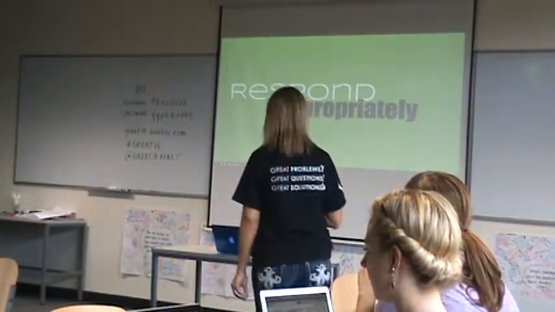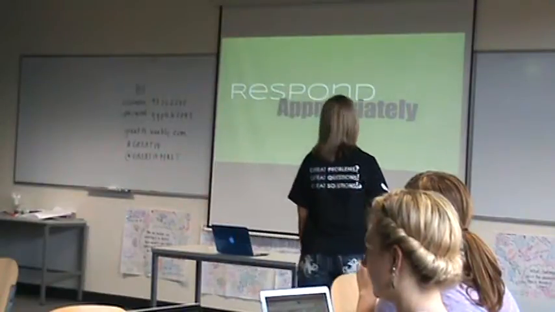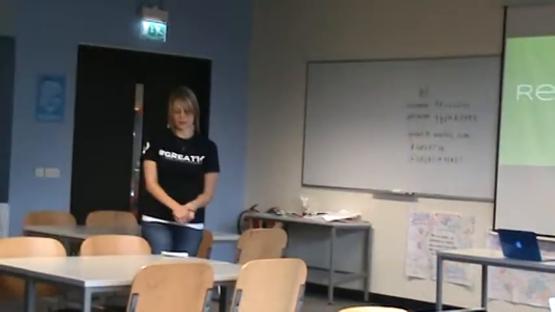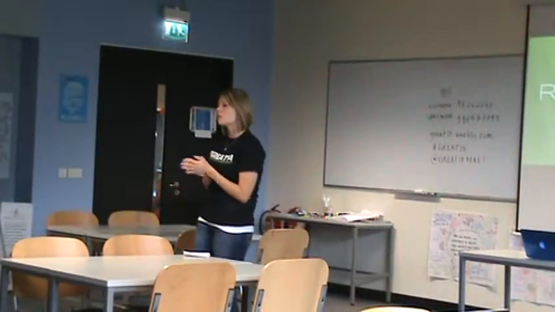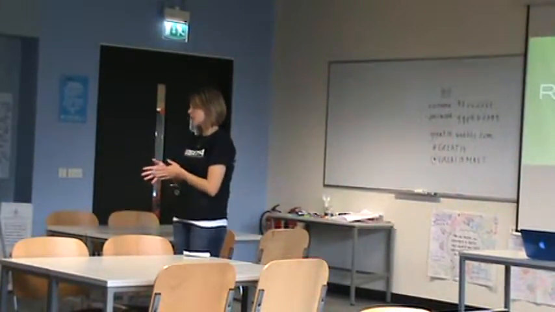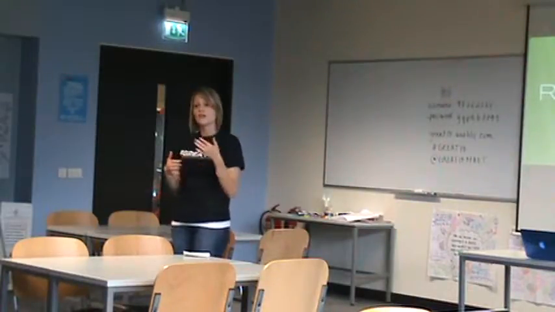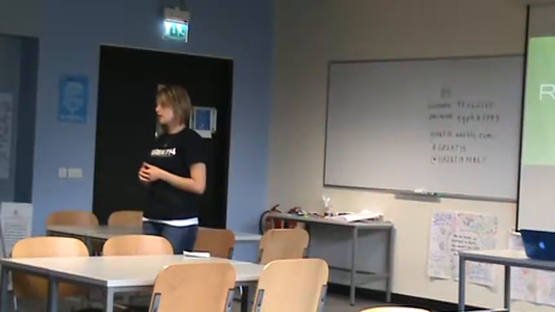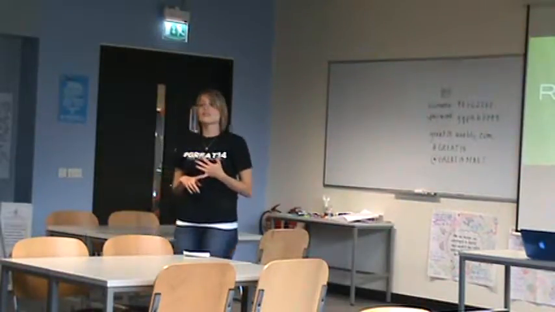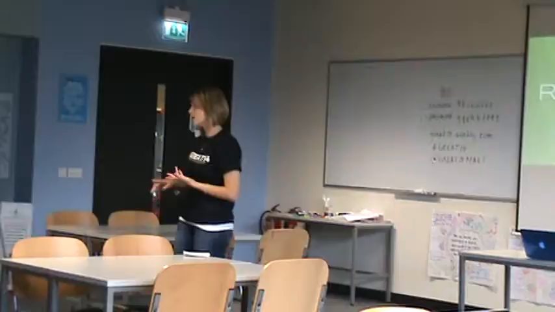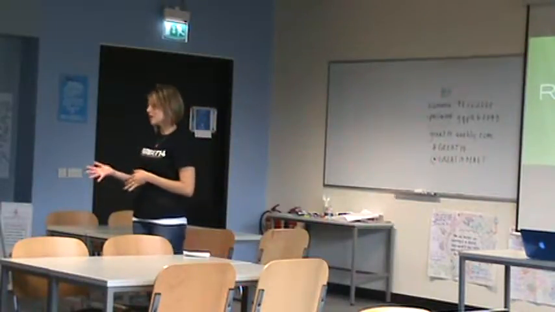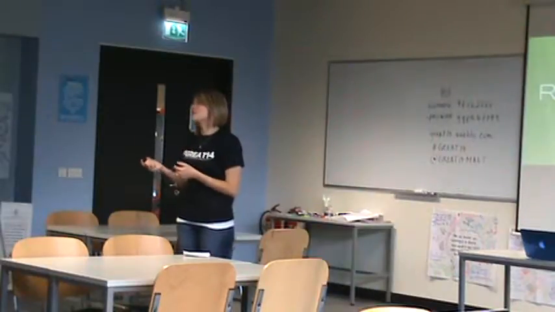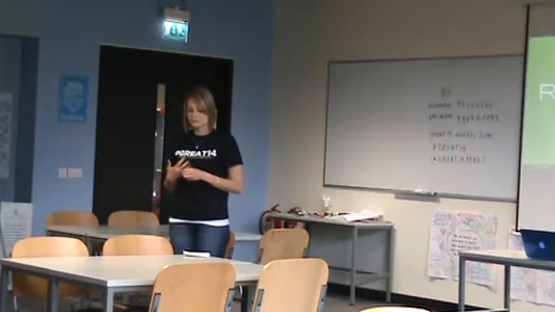And finally, we need to make sure we're responding appropriately. As teachers, we are held accountable for whether or not we report a bullying incident. You need to keep a record of when you found out about it and when you reported it, so that way when you go to a meeting about it, you have all of that with you. In addition, make sure students know to keep a record. Make sure they understand to keep a record of who, when, where, why, and I know Jen was talking about Snapchat. You can still take a screenshot of that, and hopefully that can be their record.